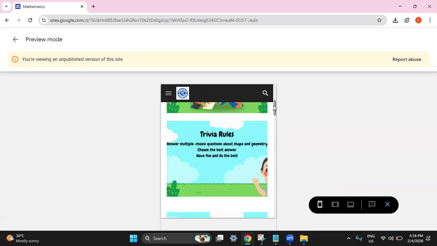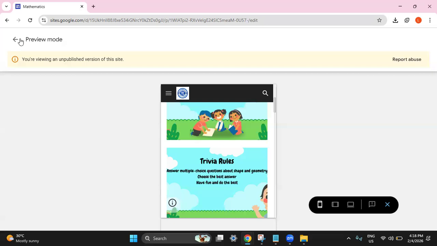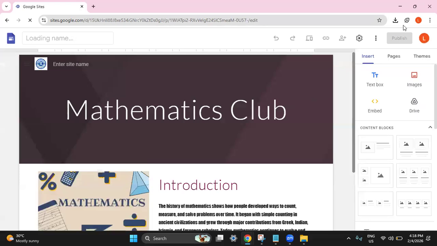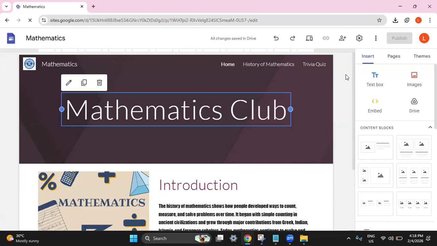Okay, once you're satisfied with the preview of your Google site that you've created, all we need to do is to click publish on your top right corner to save all the changes that you made.